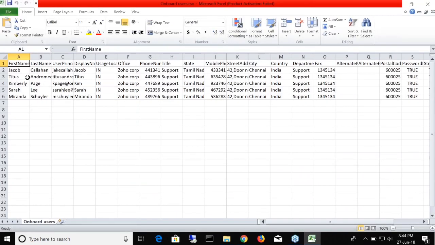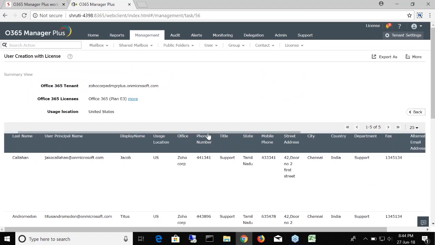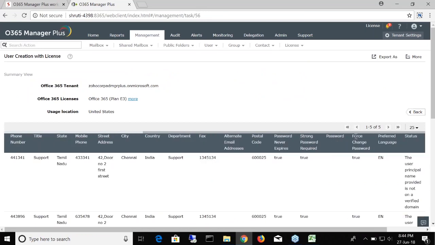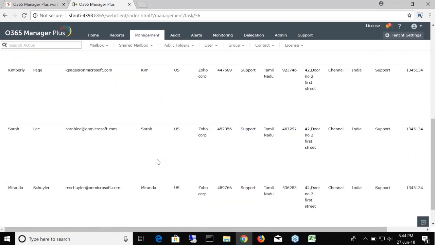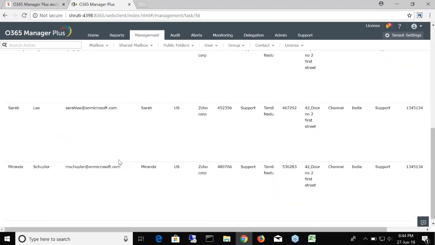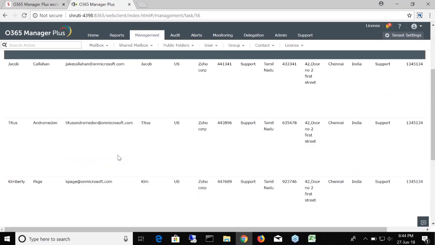These were all present in the CSV file right here. I had details like the first name and the last name, the user principal name, the display name, usage location, and so on. And they're all right here. Do you see it? Every single piece of information that I inputted using the CSV file, and that's it. This was just a sample CSV file containing maybe 5 users. See, there are exactly 5 here, but I'm sure you get the point here,